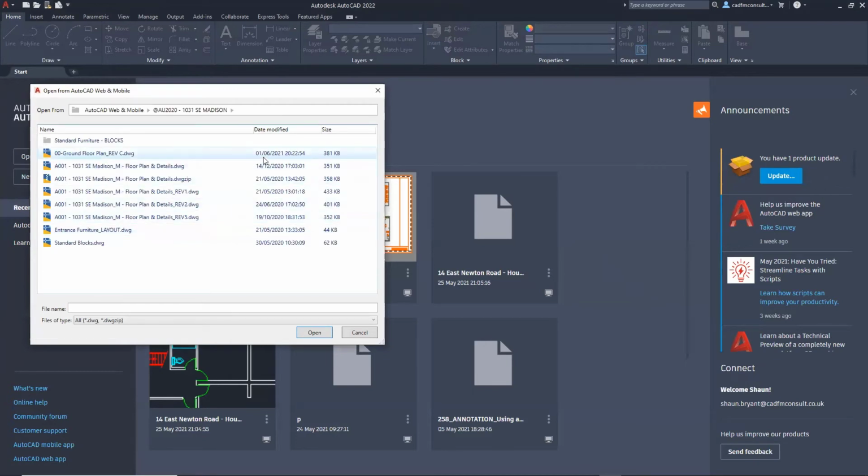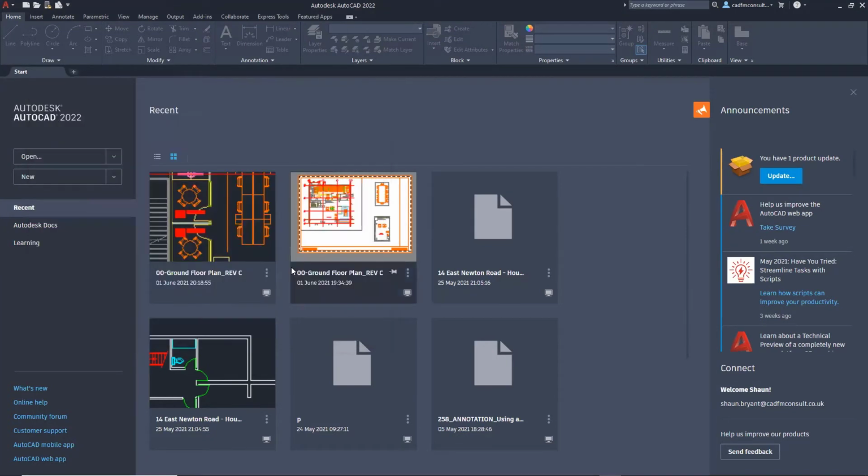And you can see the date change there as well. You can see there, I made a change on today's date, 1st of June, 2021, and the time in the UK was about 20 past 8 in the evening. So if I open up that file like that, give it a few seconds to open up.